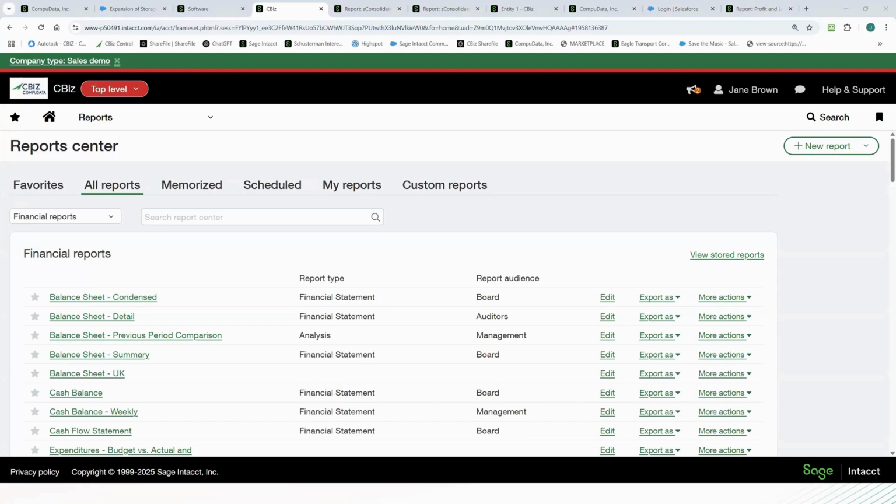Alrighty, we will jump into automation next, just to talk through a couple of the automation features within Intacct. So let me go ahead and jump into another environment. Alrighty. So one of the cool features of Intacct and something that allows for additional automation is what are called